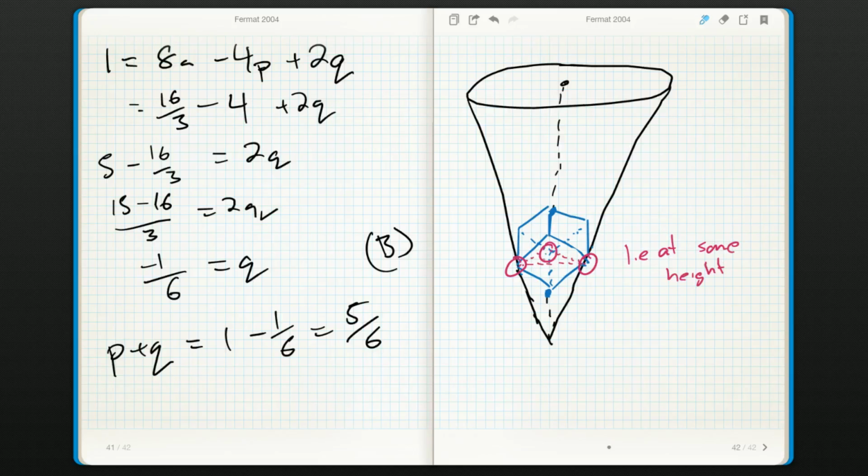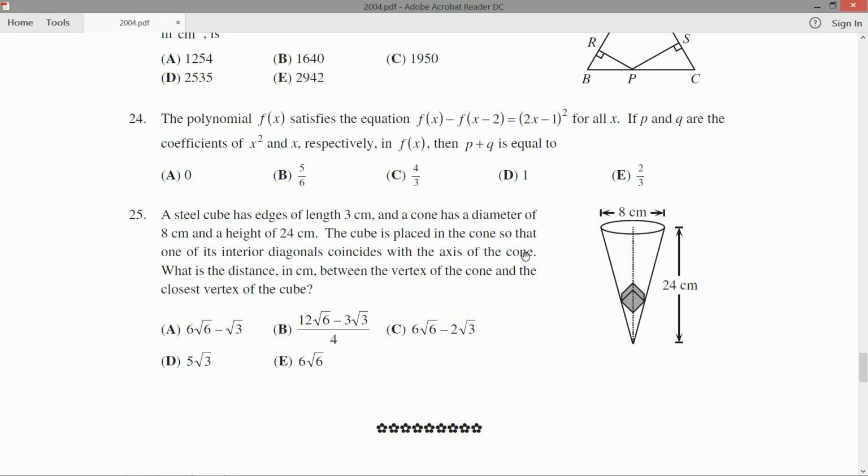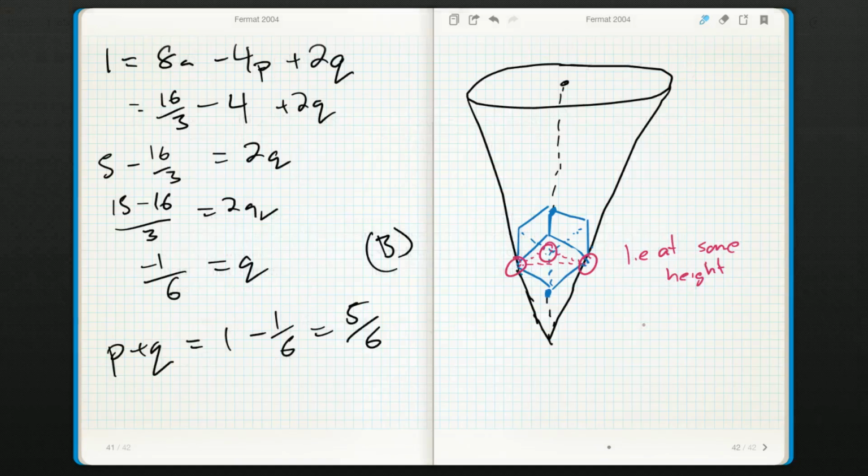Now, I have completely forgotten what the actual question is. Determine the distance in centimeters between the vertex of the cone and the closest vertex of the cube. So what we ultimately want is the distance from the vertex here. We want this sort of vertical distance here. Okay. What to do? I want to use this red triangle in some way